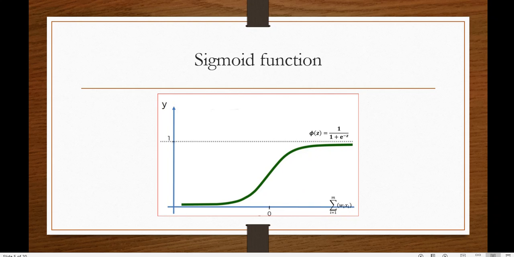As you are gradually increasing x from 5 to 10, 20, 50, whatever, the y value is fixed at 1. At the same time, when you are reducing the value of x from 5 to 0, then 0 to -1, -2, you can see that this curve is reducing, right? But at one point it is becoming constant. So it has an upper range of x and a lower range of x where y becomes constant. But in between, you can always see change for y whenever you are making change for x.